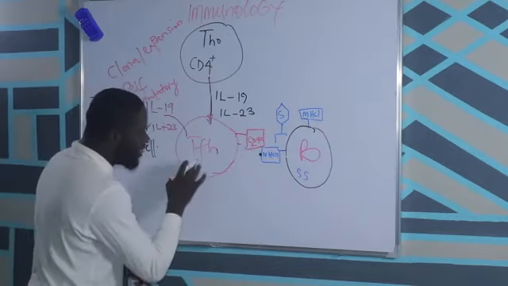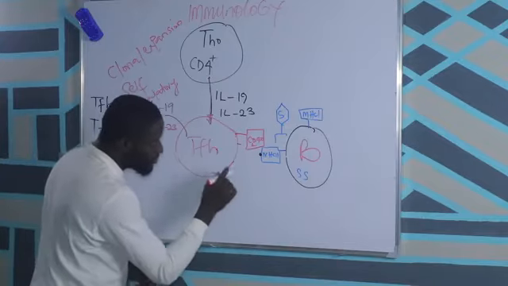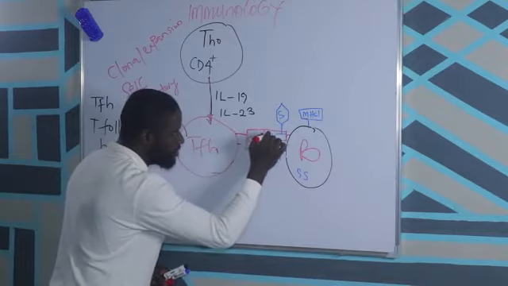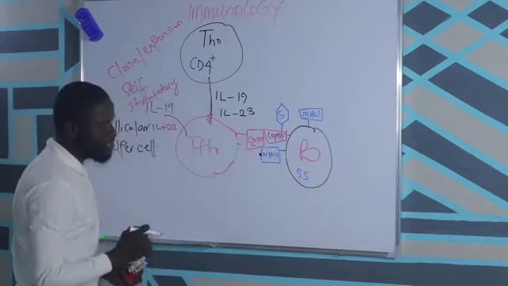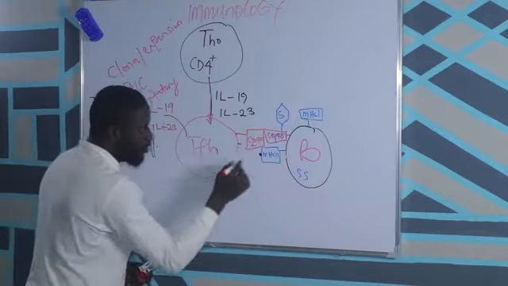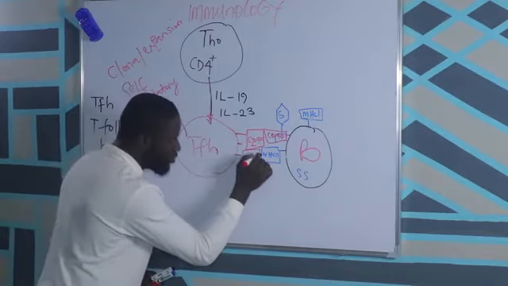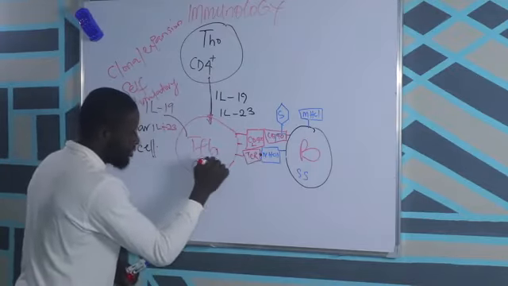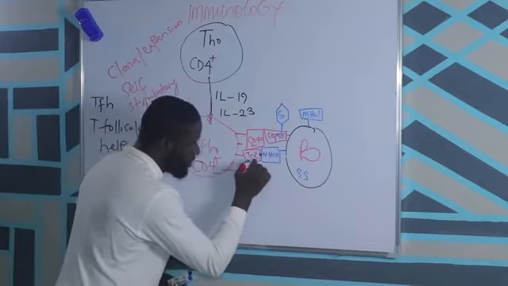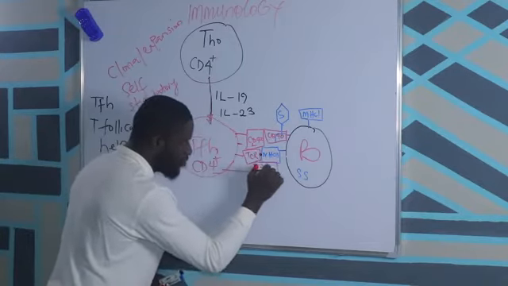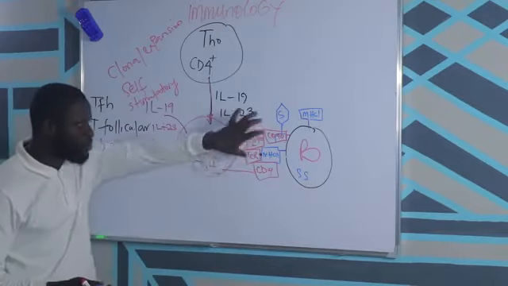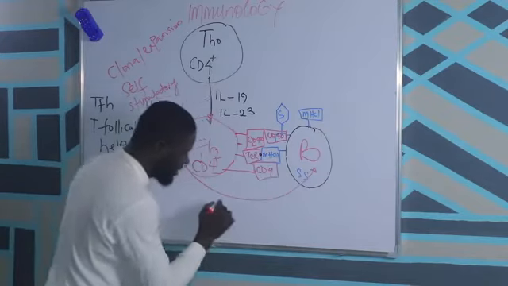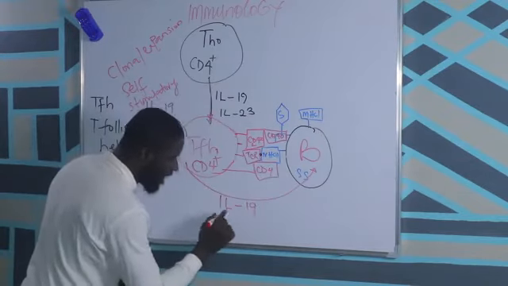Now, the T follicular helper cell binds to the CD40 on the body of the B cell. On the body of the B cell, we have our T cell receptor, mediating the binding. Do not forget, this is also a type of CD4 cell, so definitely this response is mediated by CD4. So when all these things are bound, the T follicular helper cell releases the same cytokines, IL-19 and